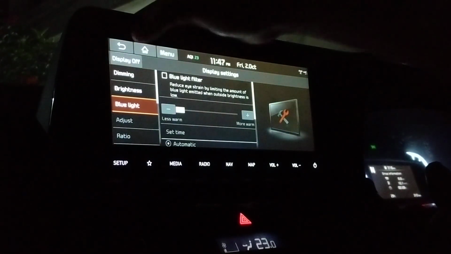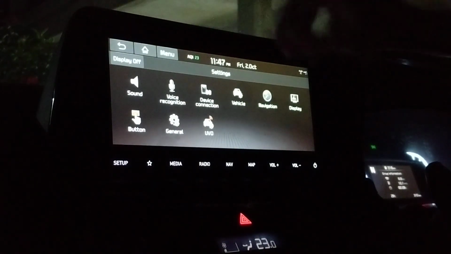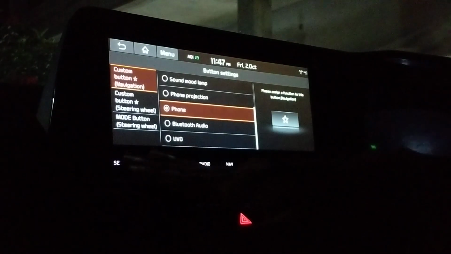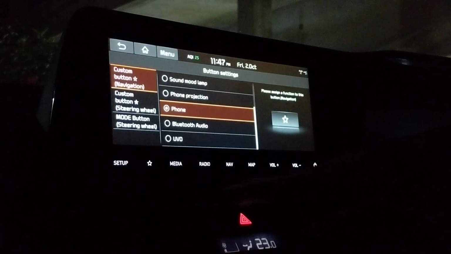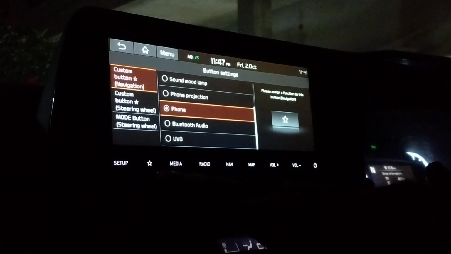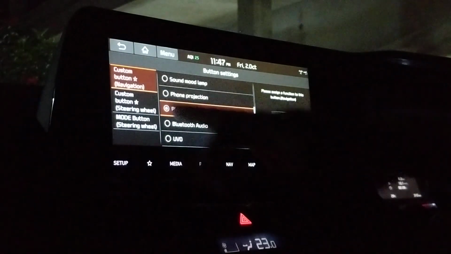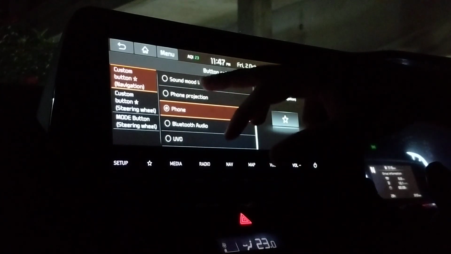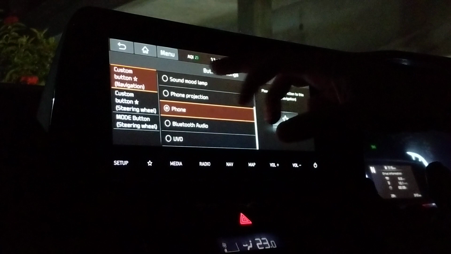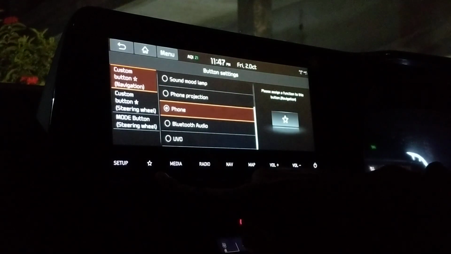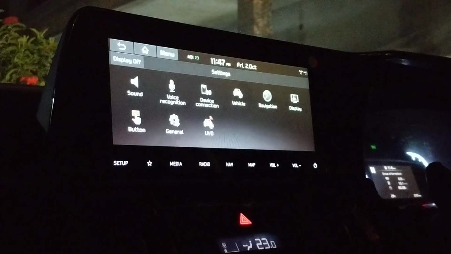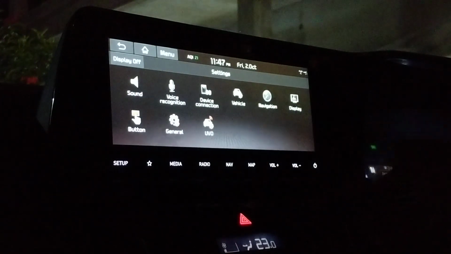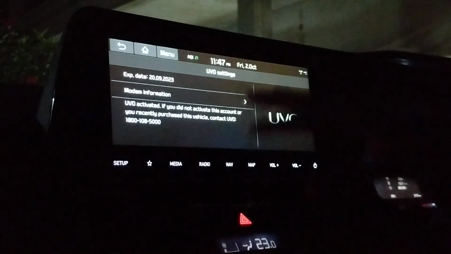So either I can turn it off, come back, and then these buttons are about the setting at the bottom, like how you want this star button to behave. Whenever you press the star button, it should go to the phone application, it should do the phone projection, or you need to navigate to the sound mode lamp. So this is something which behaves like a shortcut. You go back, you go again. This is something which I just showed you.